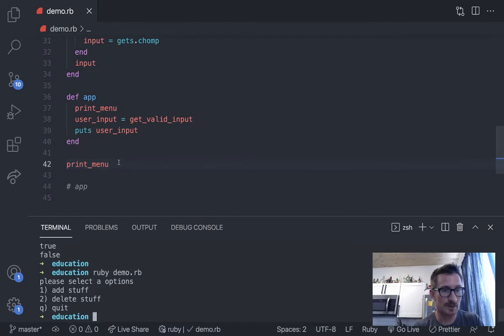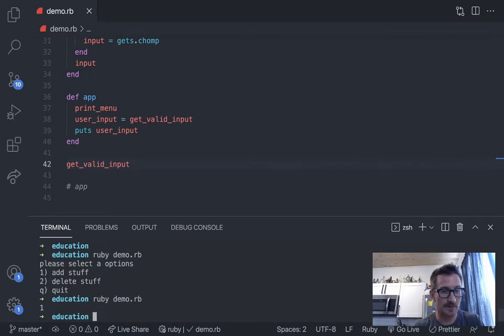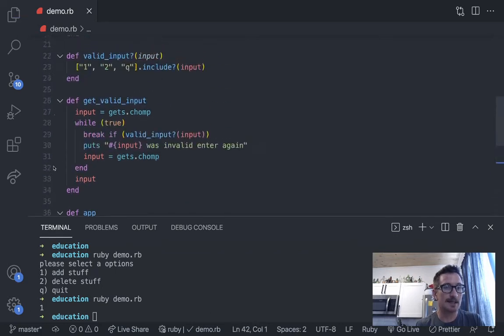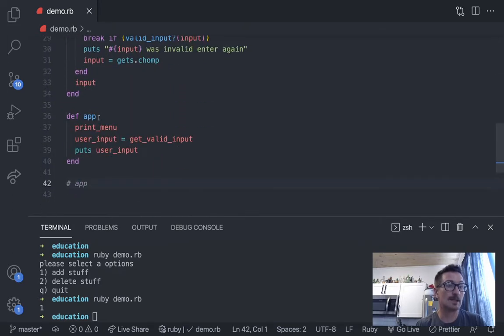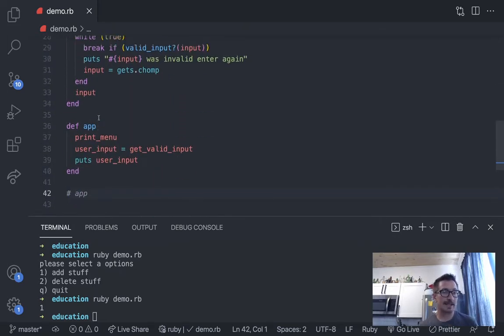So my print menu works. My get valid input, I can test that one on its own. So that can be very useful to just be able to get these subparts working and start building from there. Cool. So yeah, like I said, I think this is a pretty good level, but where this starts to break